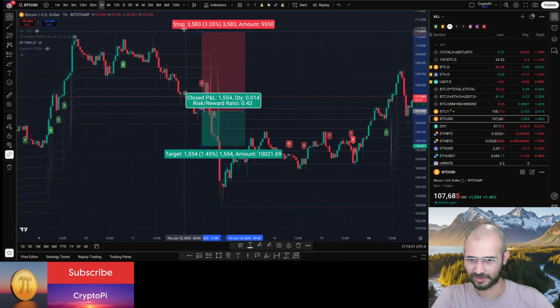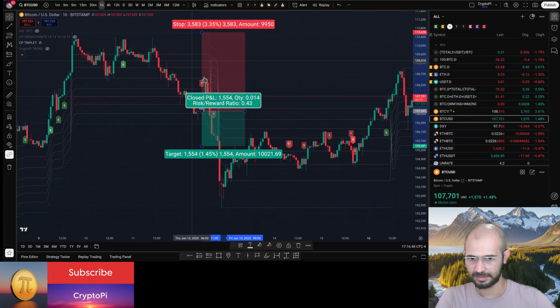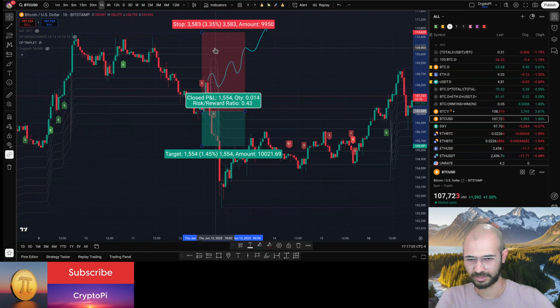What we see here is that the stop loss is at 3.35%. Now going back to the tool, if I have 3.35%, my position size becomes $298. And in this case, if the price, from here after the two candles, had reversed like this and crossed this level of 3.35% from my entry point, then I would have lost